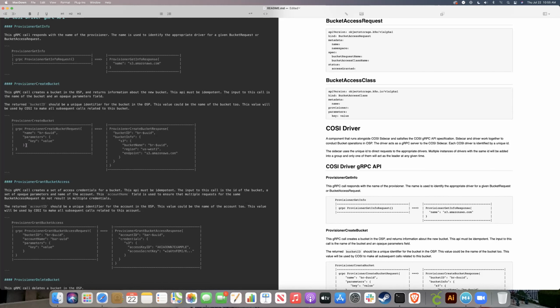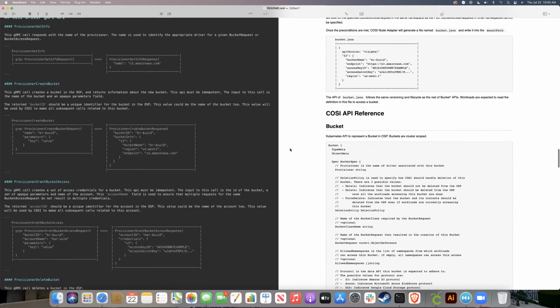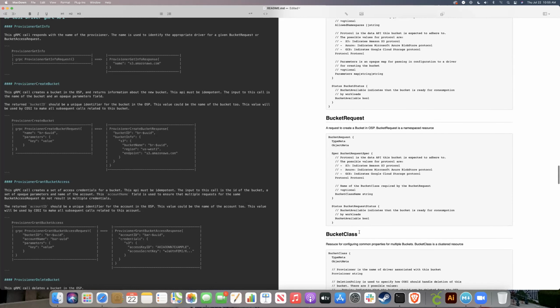Is there anything that you might say, well, I would never want that to be part of my logging? Deletion policy, for the driver? Yeah, deletion policy. Is the BR here? Bucket class name, protocol. Oh, deletion policy is not in the BR. Sorry, it's just protocol and bucket class name. Sure, we can put this whole thing in.